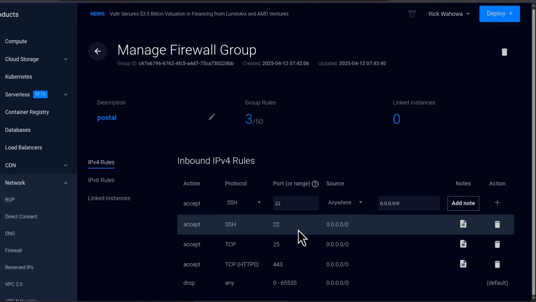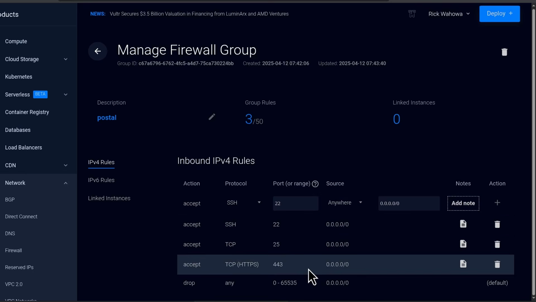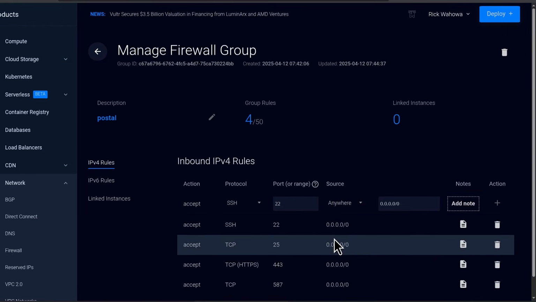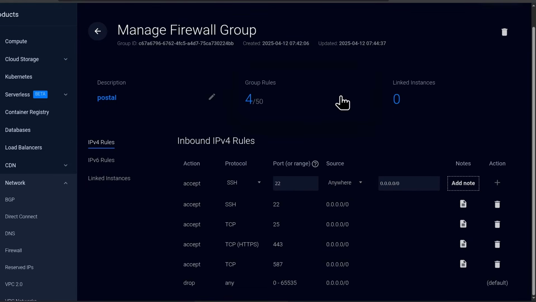Postal is responsible for sending. It doesn't really handle all the things that are related with Dovecot. So things like port 993, 995, those are not important here. Anyway, if there's any other port we'll need, we're just going to add it later on. I'm going to add other ports here as well for mail. I can add port 587. And also, if you're going to change your SSH port, make sure you add the new port here. So I'm just going to leave it at that for now. Those are the ports I'll allow.